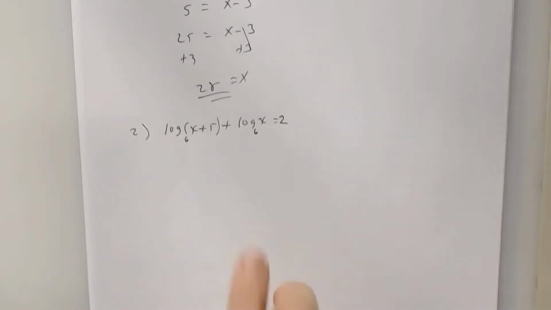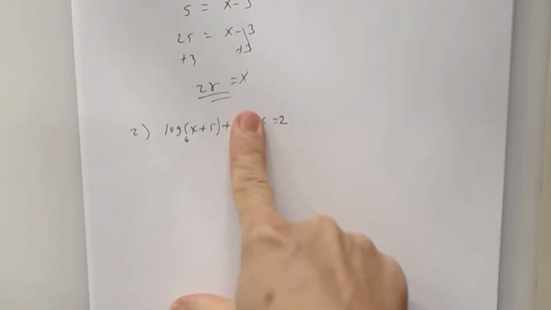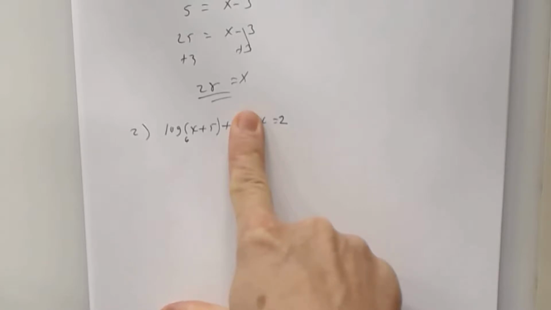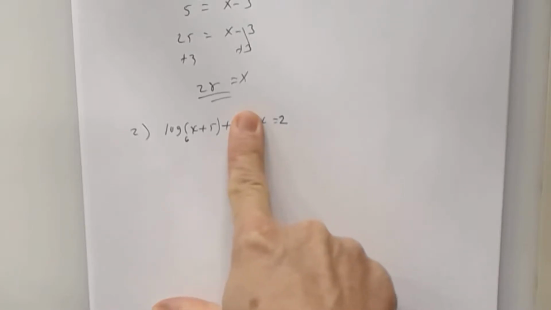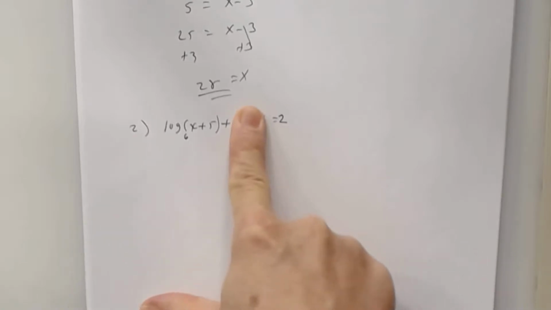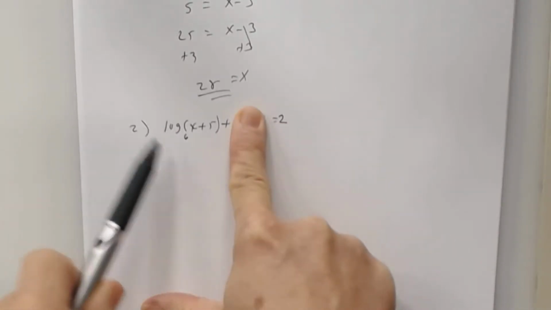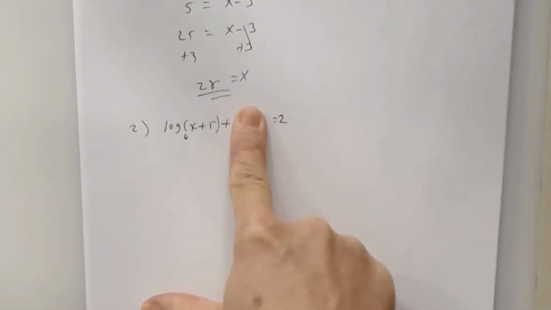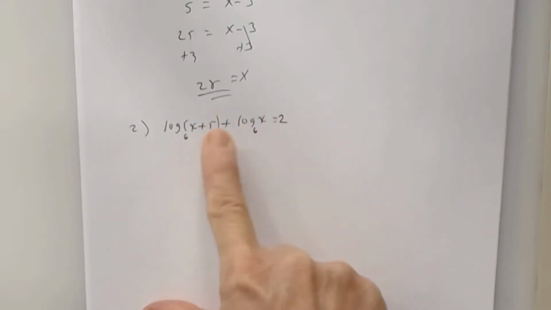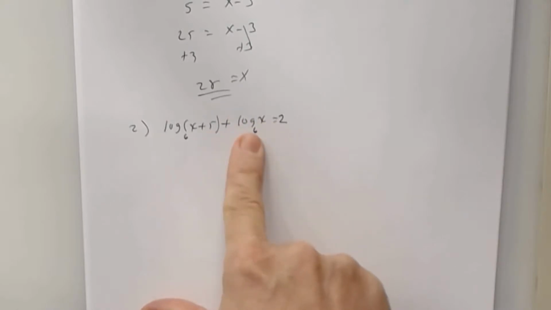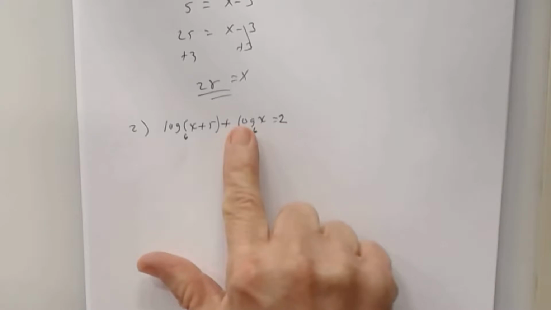Now, guys, if this one wasn't here, if that wasn't here that I'm covering, then would it be easy to deal with? Yeah, because then it kind of looks like the previous one. You just change it to what kind of equation? Exponential. So you would say 6 to the second power equals x plus 5. But because now there are 2 terms that involve logarithms, it's more complicated. So before I can change